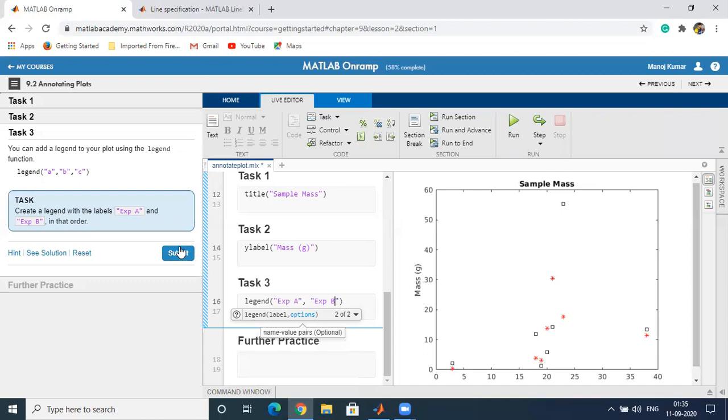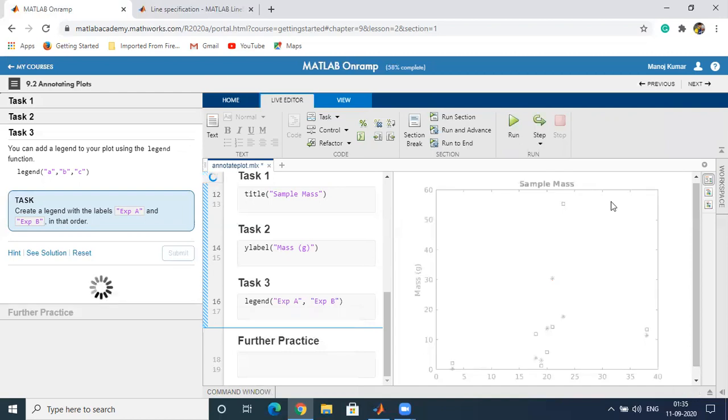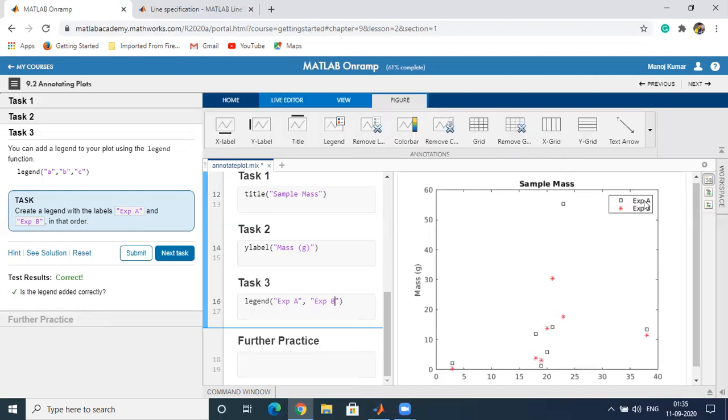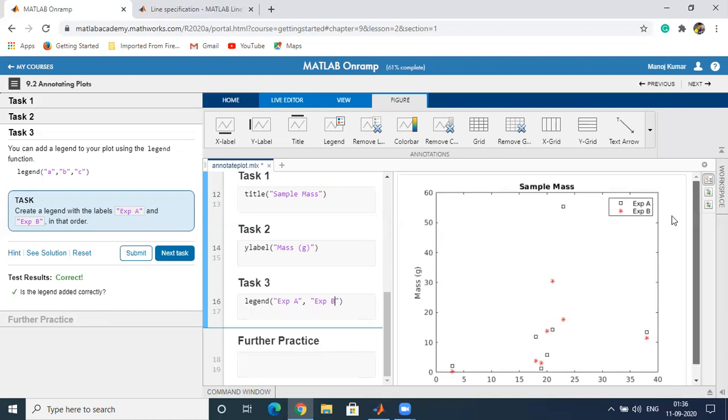Now click on the submit button. Now you can see in the figure the two legends have been added. EXPA is for the square, and EXPB for the star. Whether you plot the star first or the square first, the legend will appear in order.